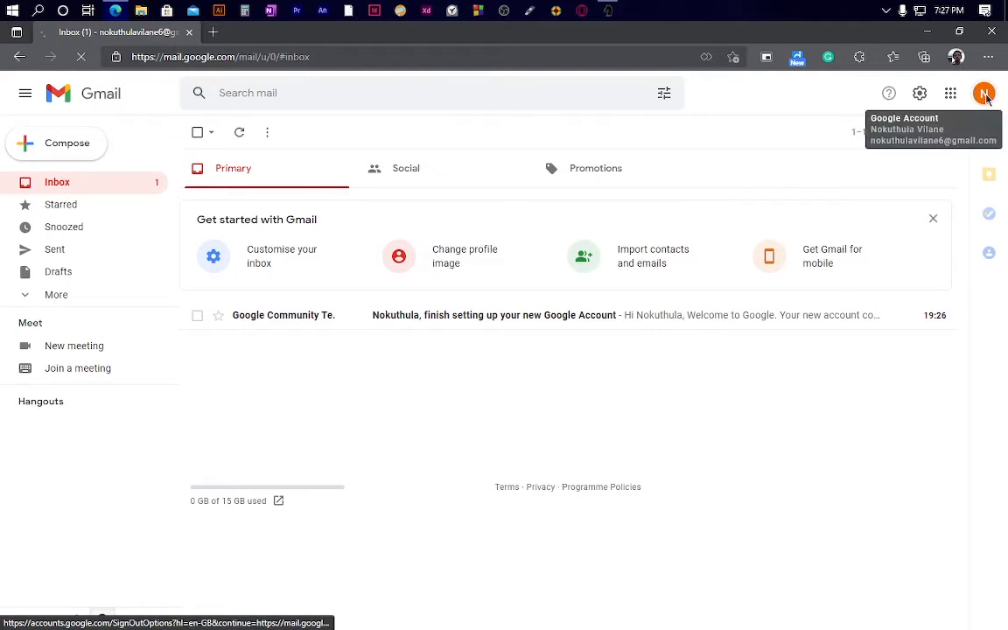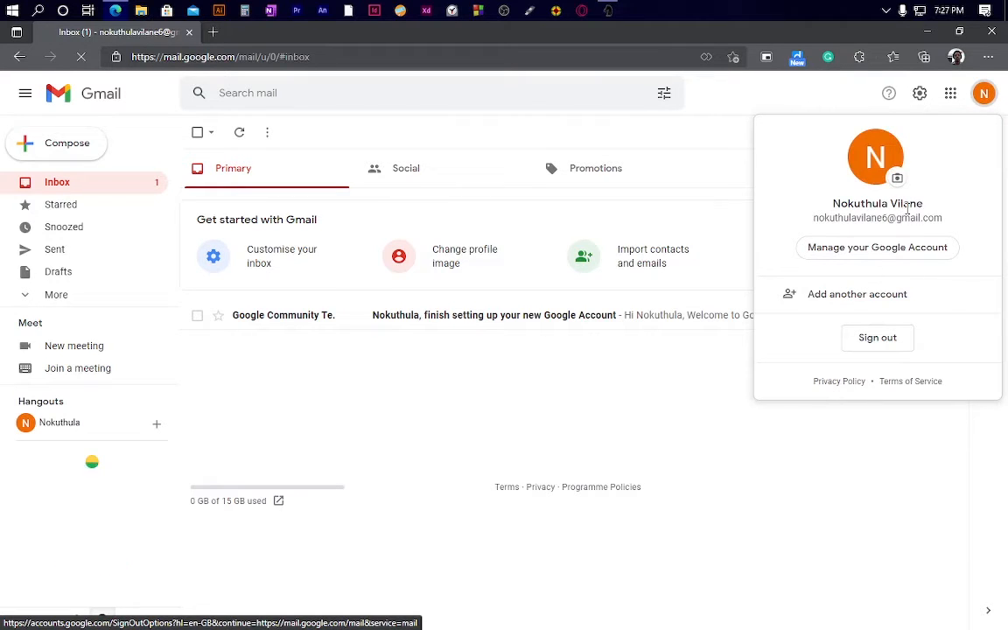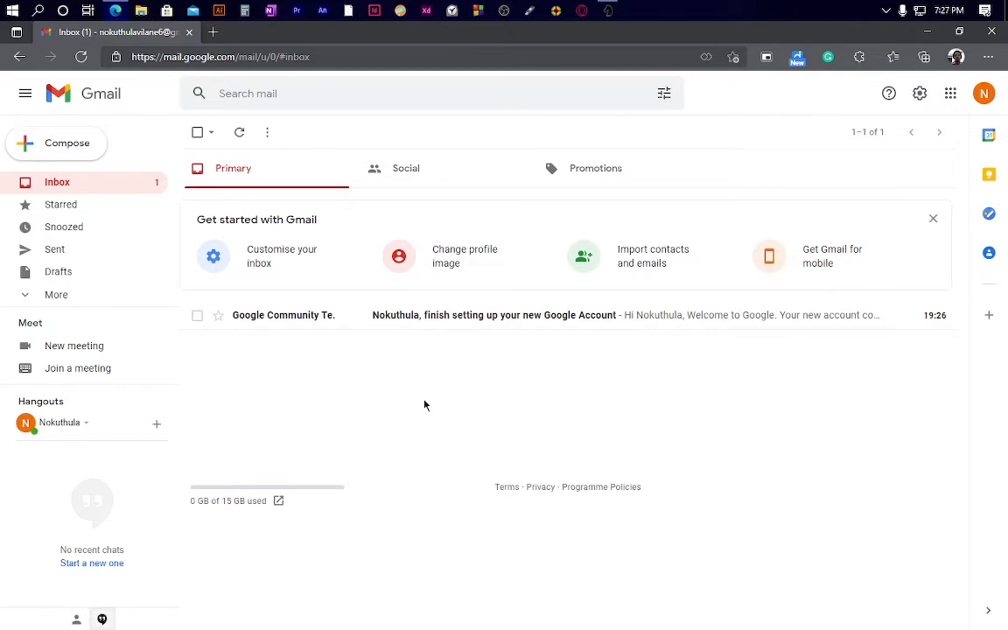Your email address will be here. You can verify it, and you have your name here, which is nogotulavilane6@gmail.com. This is your manage your Google account, but this is what we are interested in. And then I think you are done with this, and at this stage you'll be done. So now what you want to do, if somebody sends you an email, you are going to see it here,